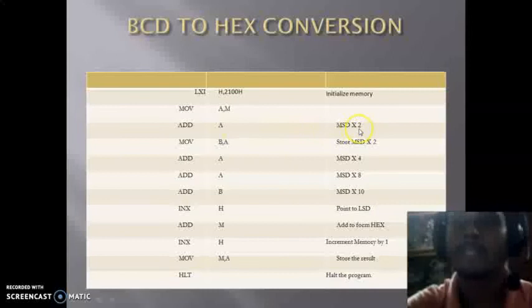meaning it is multiplied by 2, and the data A will be stored into B, and again we will add A, meaning it is multiplied by 4. Again we will add A, then it will be multiplied by 8. Again we will add B, so that it is multiplied by 10. So the 2 that is multiplied by 10 will be 20, and again we will increase the HL